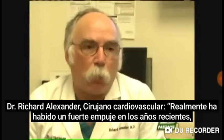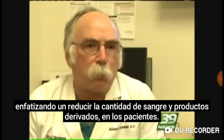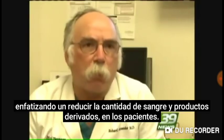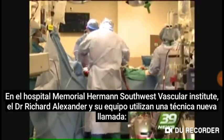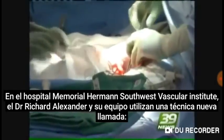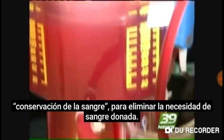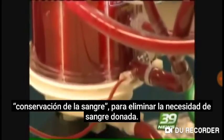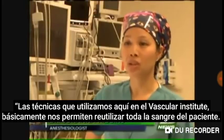There's really been a strong push in the last year or a couple of years to emphasize decreasing the amount of blood products. At Memorial Hermann Southwest Heart and Vascular Institute, Dr. Richard Alexander and medical staff there are using an innovative technique known as blood conservation to eliminate the need for donated blood. The techniques that we've employed here at the Heart and Vascular Institute have allowed us to basically reuse